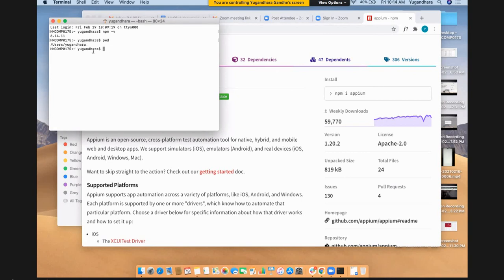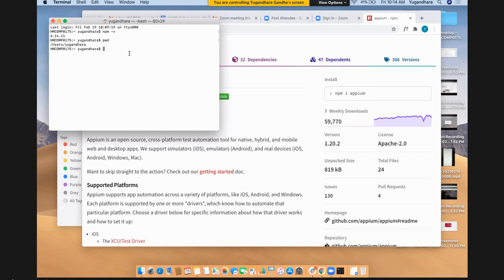But if I want to be able to access APM from any location on my machine, irrespective of what directory I am in, then I need to install it globally. So global installation we are going to do for APM, because I don't want to go to this directory always when I would like to access APM.